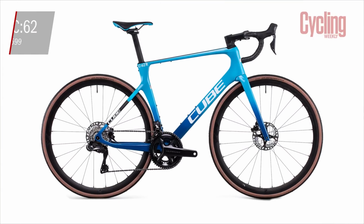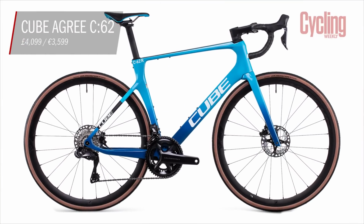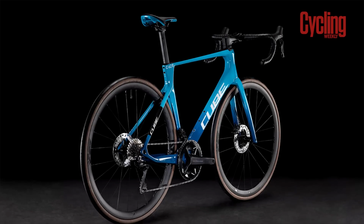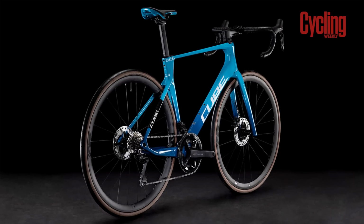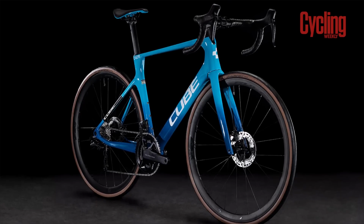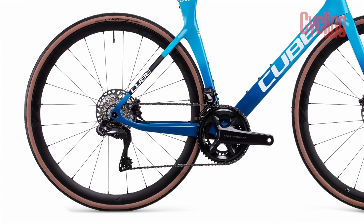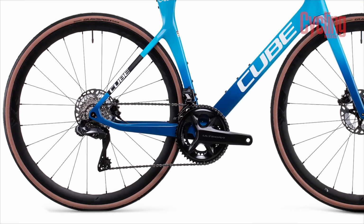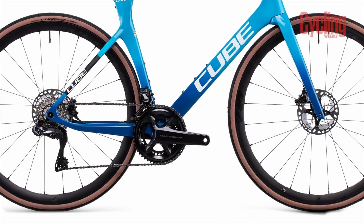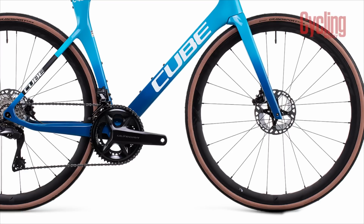Long-time makers of bikes that punch well above their weight are Cube, and the Agree C62 Race is no exception. With a vast range of in-house components at Cube's disposal, the saddle, stem, seat post, handlebars and handlebar tape all look the part when bolted to the same brand of frame and create a sleek-looking machine. One area where Cube strayed away from their own components can be found on the circular bits, the wheels. They opted for some fairly standard Fulcrum Racing 44 DBs and have clad them in, again, some fairly standard Continental